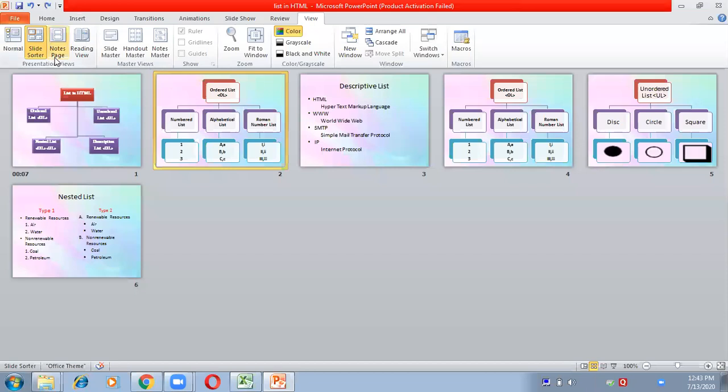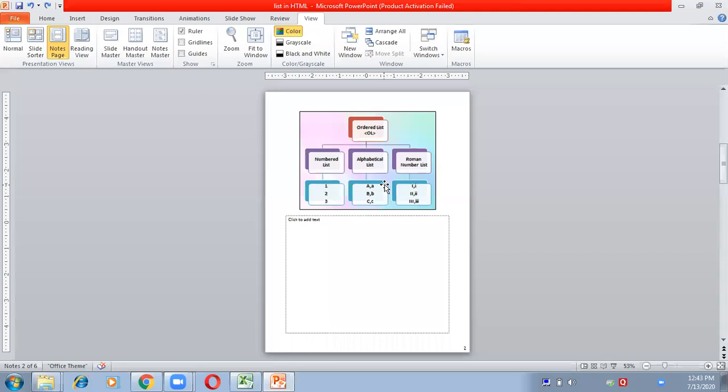Next is notes page. This is for reference, like suppose I want to take a printout of the whole slideshow for me before presenting it in front of the audience. So this is notes view.